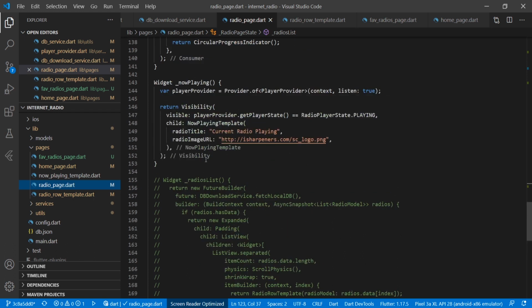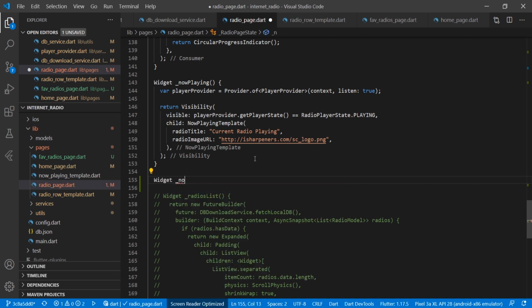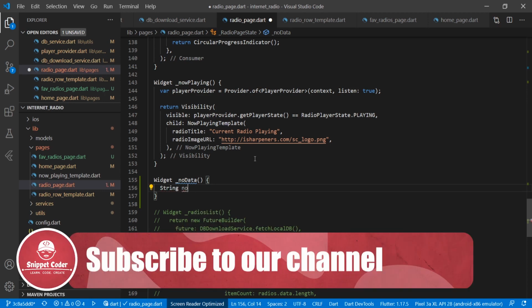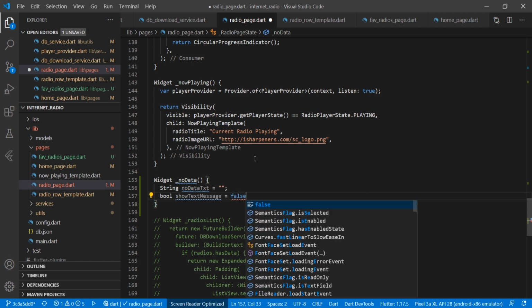So now we will create one more widget here, that is widget, then we have underscore no data. So we are creating this widget just in case of no favorite bookmark, then we will show that no data found, something like that, no favorite found. For doing that we have to create one variable here, no data text is equal to empty, then we have bool show text message is equal to false,